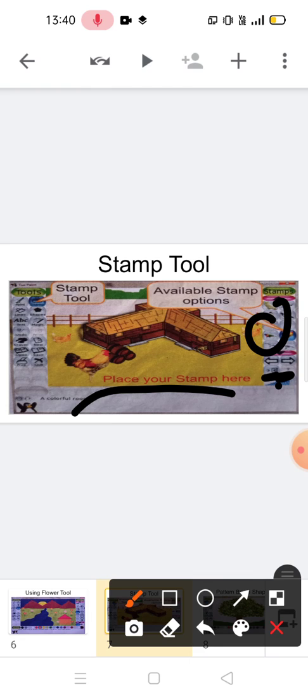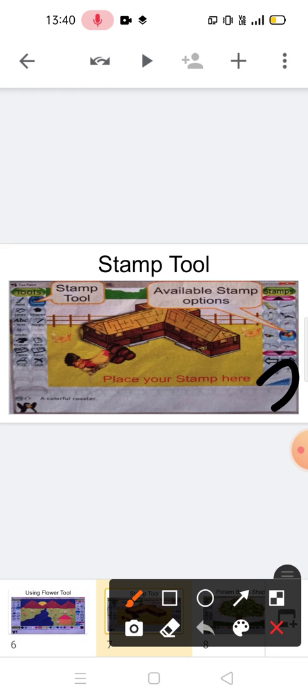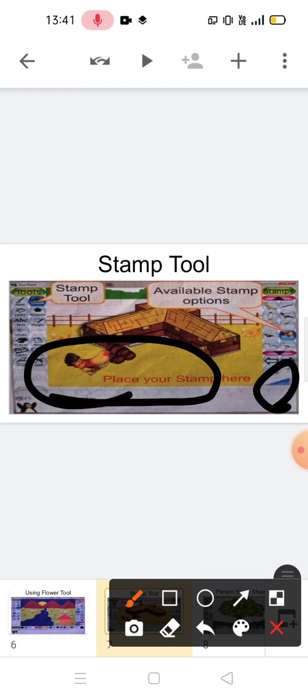You can also increase or decrease the size of the image from there. Now click on the canvas and the stamp will be pasted. Where you want to paste the stamp, you can click on your canvas. Place your stamp here. Okay.